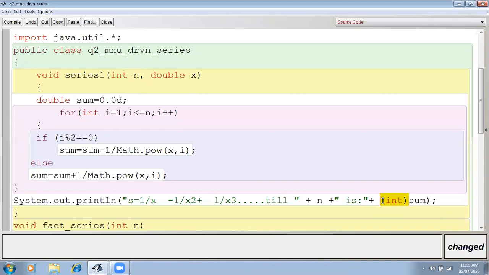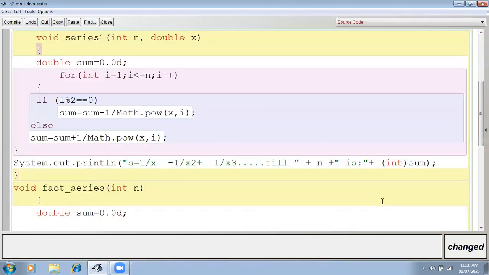Okay, so here again I am converting it into an integer. If you display it without converting it, it will display the result with a decimal point. So that is also correct. It is not a wrong thing if you are not making it an integer. And if you use explicit typecasting, converting the sum, it will remove the decimal places. It's up to you what you want to do. So here I have converted it into an integer by using explicit typecasting. If you don't want to convert it, there is no need for the conversion.